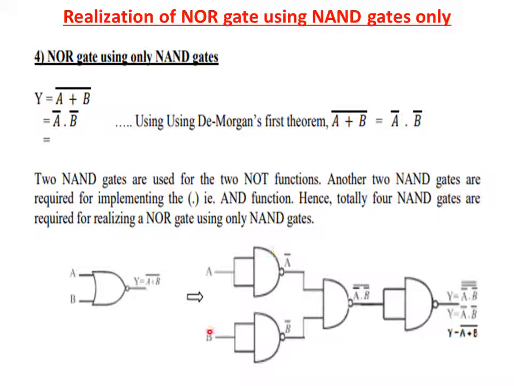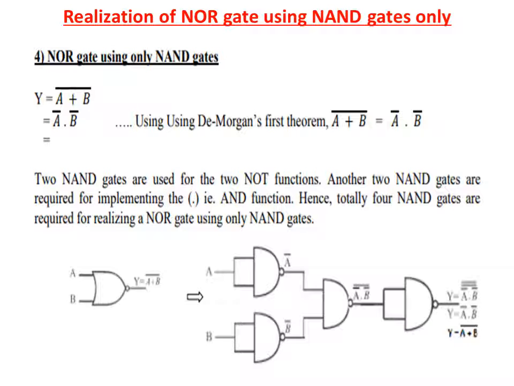So first let's see how we are going to implement. The A bar dot B bar by single input NAND gates we have taken first. So A input is given, so we are getting A bar, and B input gives B bar. Now we give them to the two input NAND gate. From this we will get the output as A complement dot B complement the whole bar. Now this is given to again the single input NAND gate.